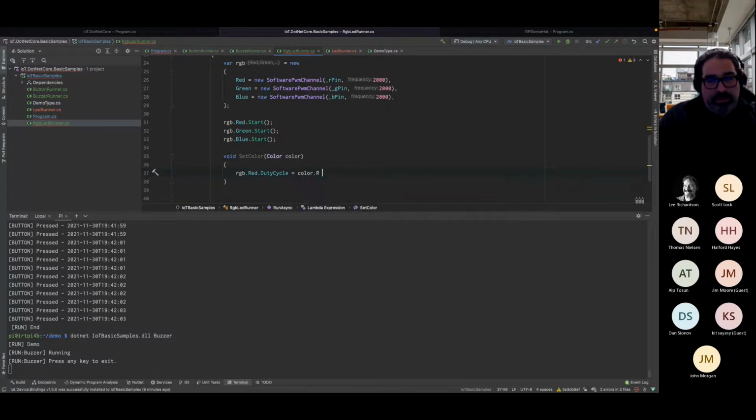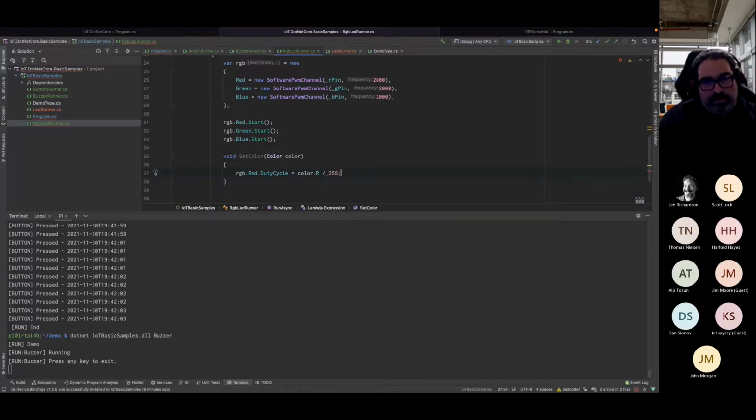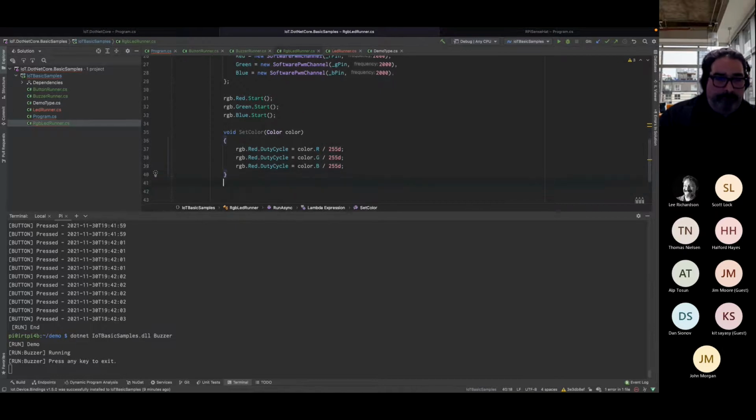This is a little bit of a nuisance from the way the color struct is represented. So color.R is a byte. So I'm going to make sure that this is a double on this end. And we want this value that is a byte being represented on a 0 to 1 scale, on base of 255. So let's see. That is set, and let's just say set it to red.